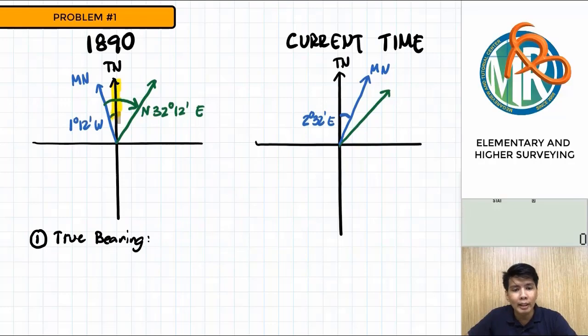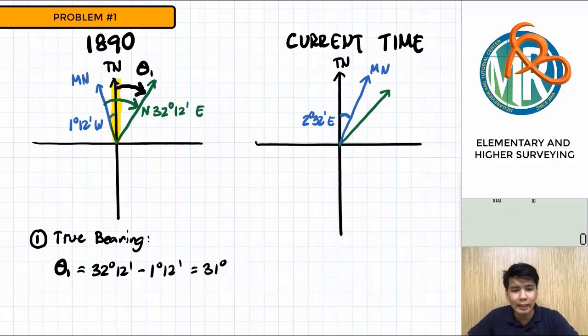The true bearing refers to the true cardinal direction. So this angle here is 32 degrees 12 minutes minus 1 degree 12 minutes, giving us 31 degrees. The true bearing of this line is 31 degrees east of north. For the second question,